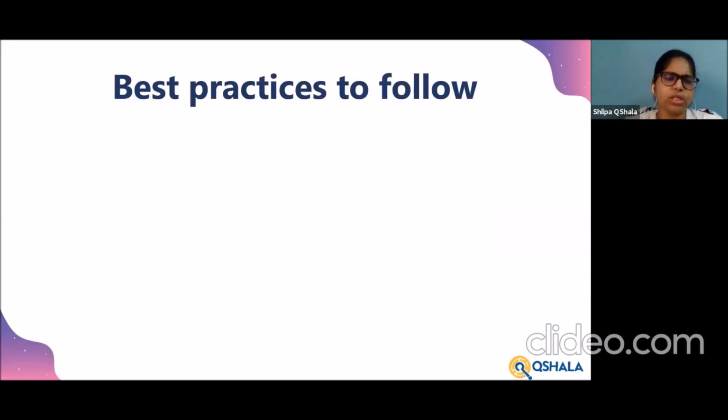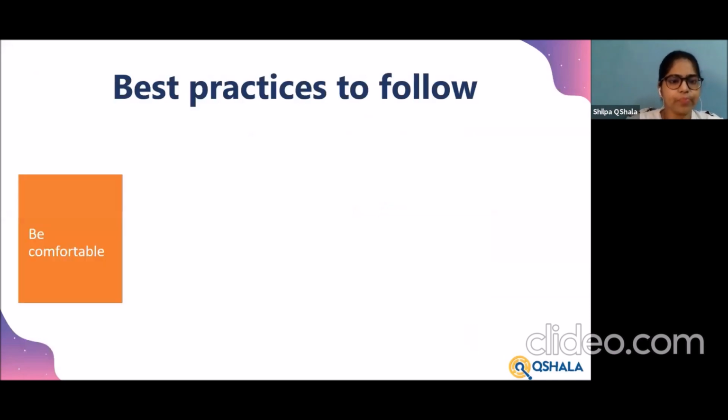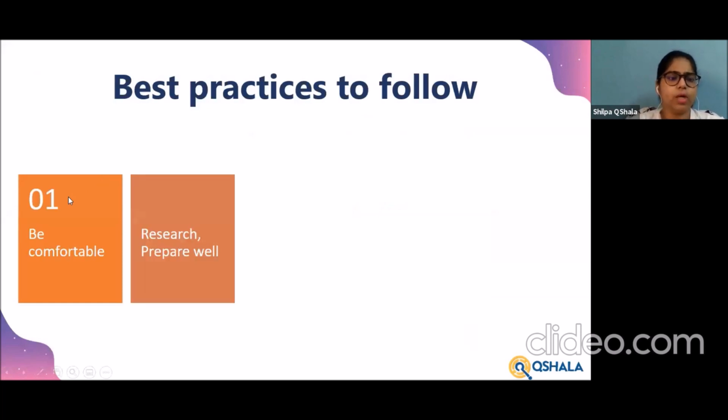So starting off with today's session, these are some best practices that you can follow. First of all, learn to be comfortable, right? I saw that a lot of us felt it was overwhelming, challenging, and something really new for us to do. So the first thing that you would want to do is be comfortable with the entire change that's happening. I know it's difficult for us to directly move from a physical classroom onto a virtual space and still be able to connect with the kids as well.